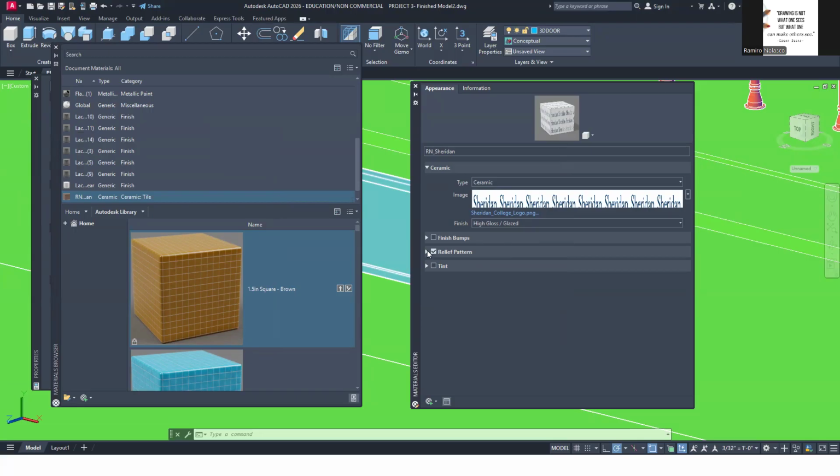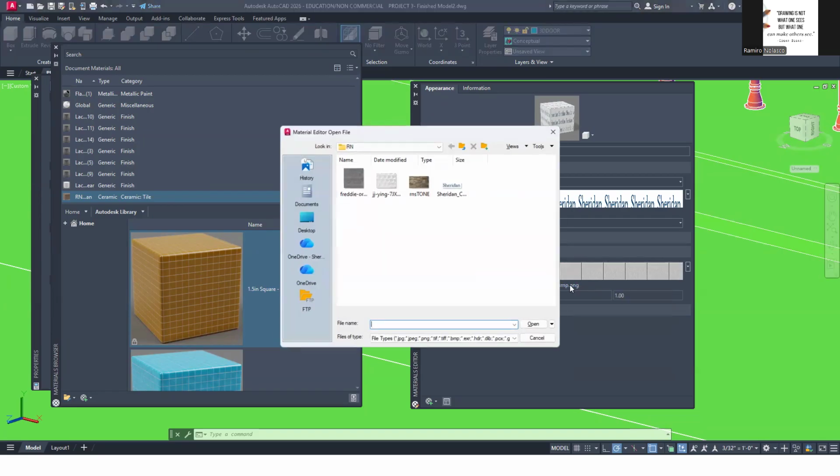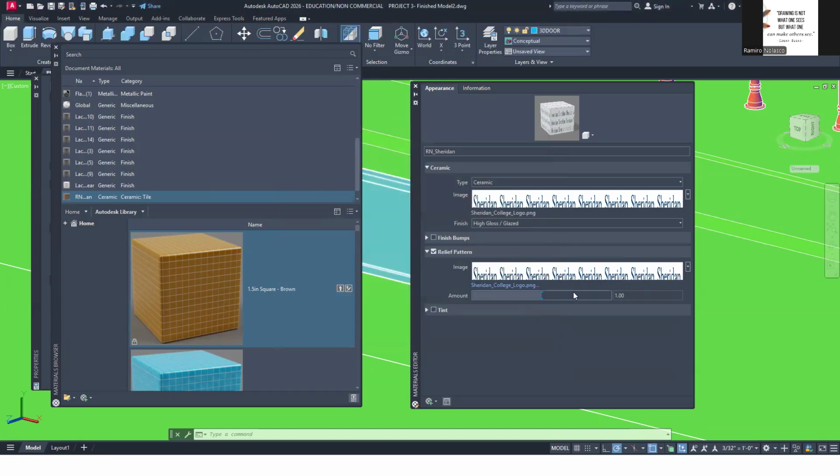Now, I do want to change this as well. Remember, they should be similar or exactly the same, except this should be grayscale if you can, and you can do that in Photoshop. You can convert this into a grayscale image, but you don't really need to or have to. So you can select that, make sure they are the same.